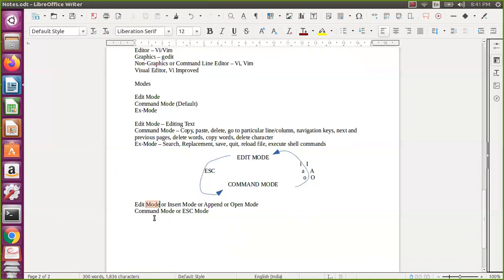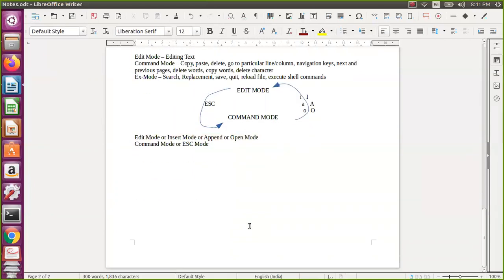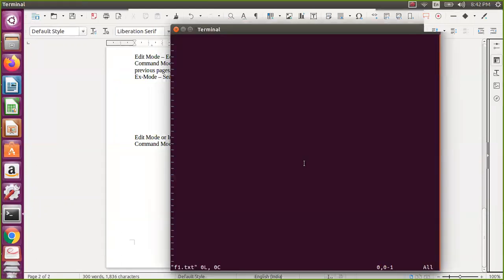Generally, this is the edit mode to edit the text. It is also called these modes, and then command mode is also called the escape mode. Okay, so let us go with that. Now I am here, and I am trying to press I. You should believe me, because it will not be displayed, but whenever you do this, you will get this text underneath. This is the latest status, so you can see that one. Now you are in the insert mode.